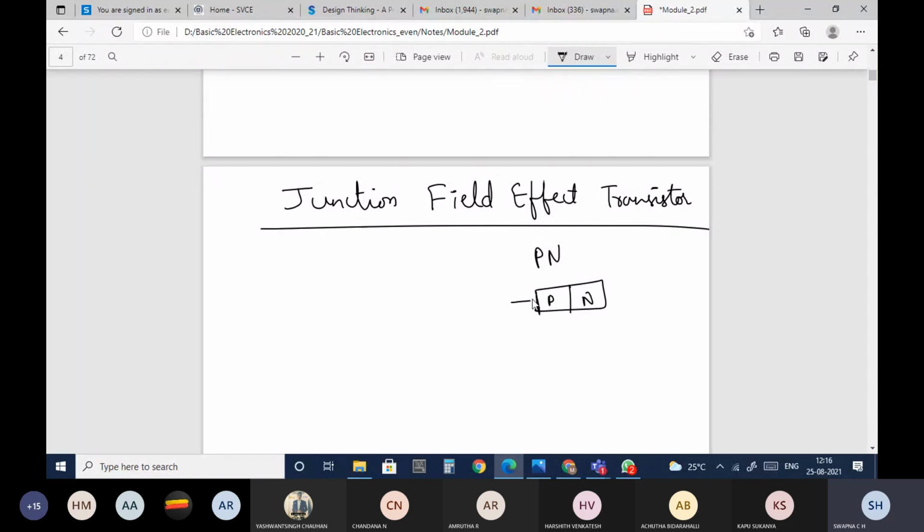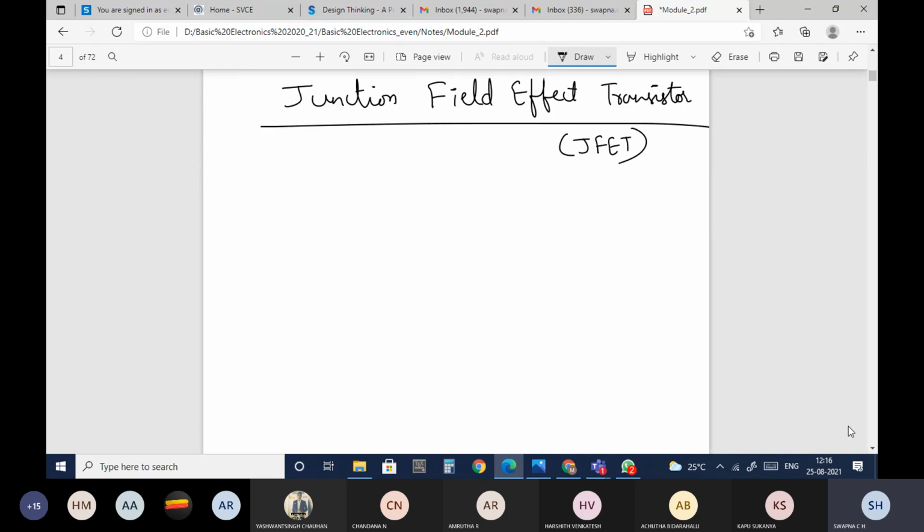So this is your P and this is your N, and this is what forms the diode. In the same way, we need to see how the structure of the junction field effect transistor, JFET, is formed.